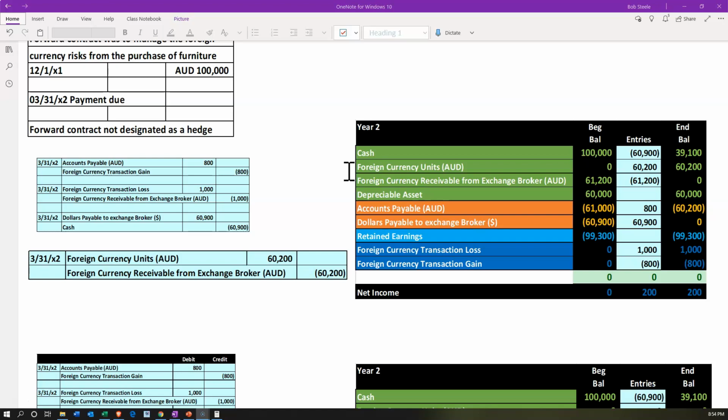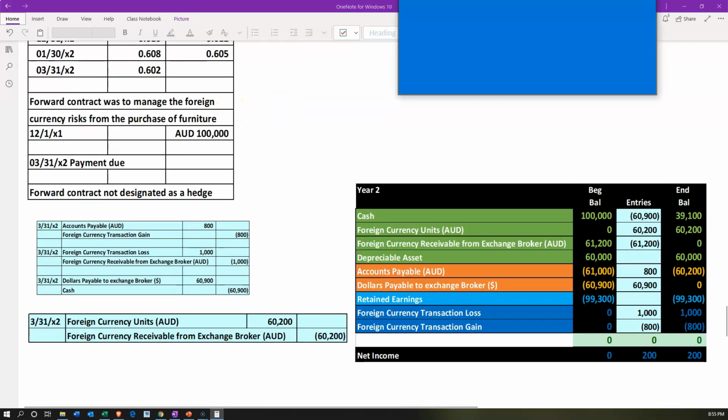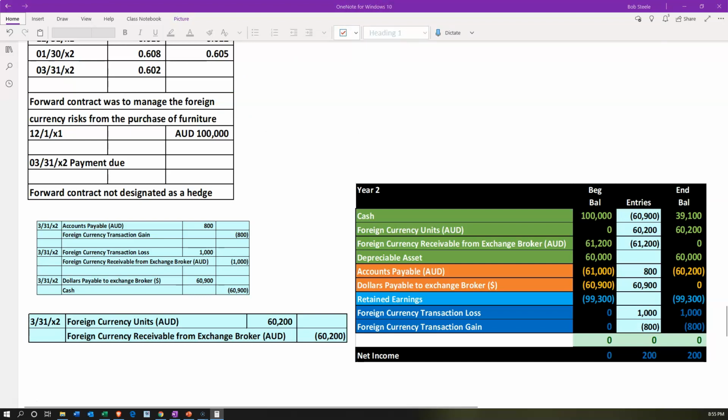We got 100,000 Australian dollars, but we're going to measure it in US dollar terms, which we've accounted to be that 60,200, which again, if we were to calculate that, would be the 100,000 times the spot rate, which is 0.602, 60,200. So we're going to put that on the books at the 60,200, representing the 100,000 Australian dollars we have